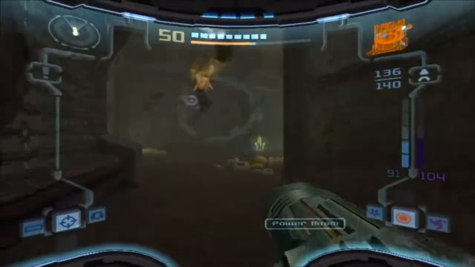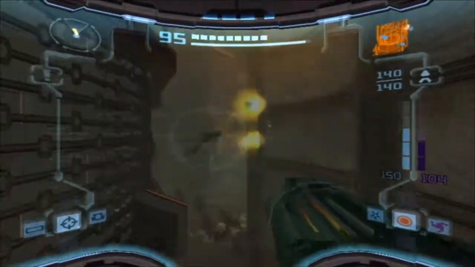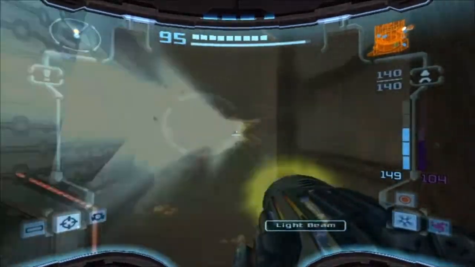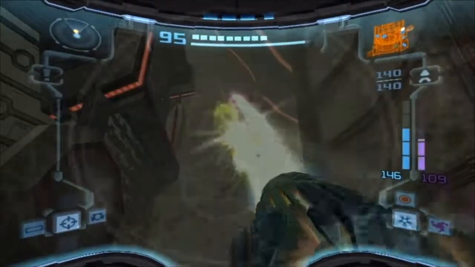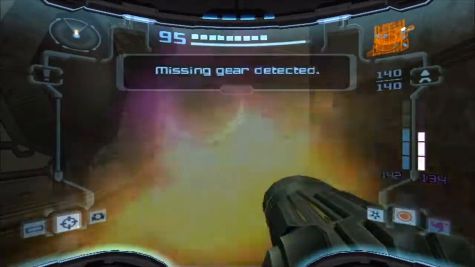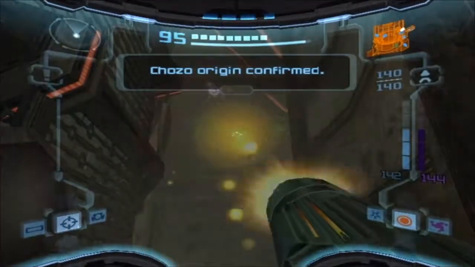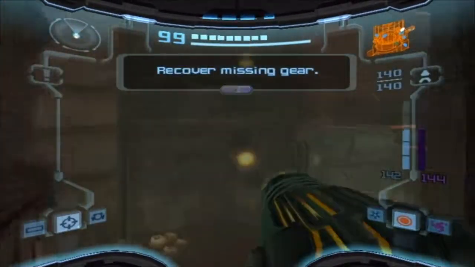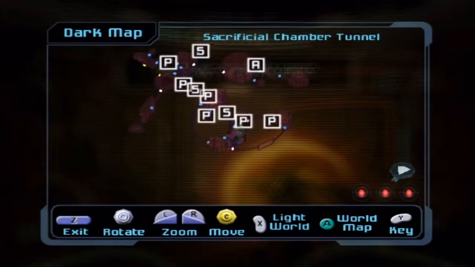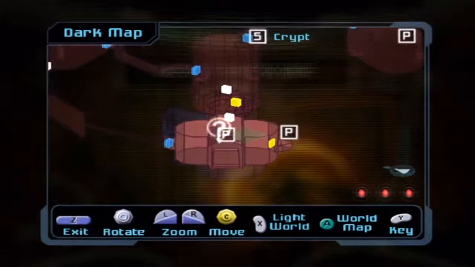Okay, alright. Let's go ahead and kill these hidlings here. Get the light beam out. There we go. Get more dark beam ammo. There we go, that's the good stuff I'm talking about. There's a lot of stuff here. Yeah, here's the hint system. The game's like, oh, you took too long. Okay, here's the hint system. It's telling me to go into the Under Temple in the Dark World of Torvus Bog. That's where